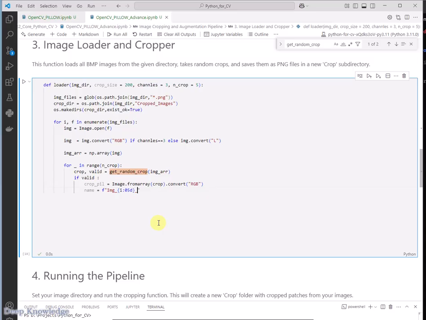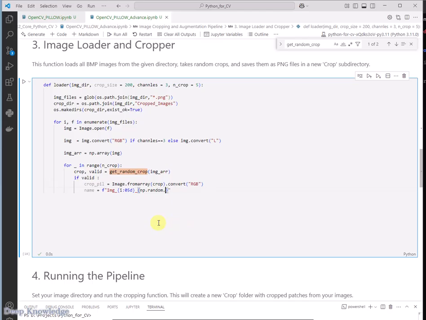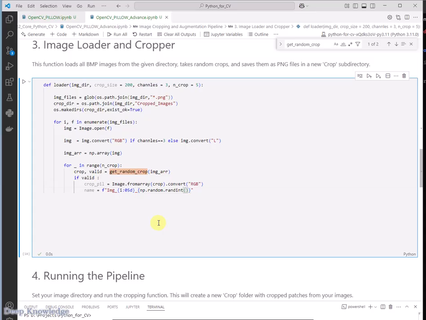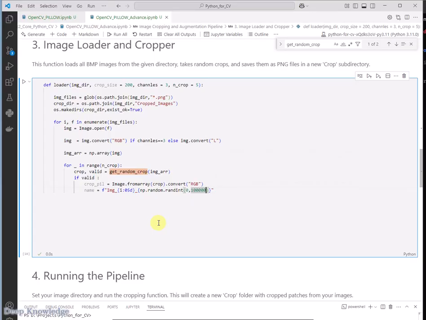And also we need numpy, just to make it random, dot random integer, 0 and 1000. Oh, I don't know if this is right to save the image, but why I'm adding this, let's say I have saved the image, and I think this is okay. This is fine, I think. We just need to add